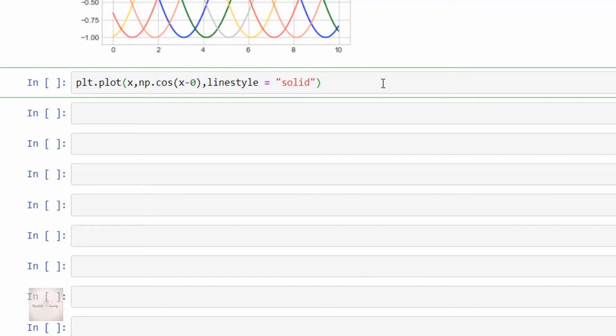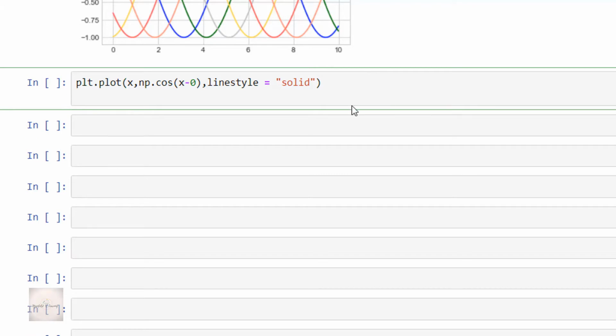Here, by using this keyword linestyle, I am plotting a cosine wave in solid fashion. Fine. Next, plt.plot of x comma np.cos of x minus 1 comma linestyle is equal to dashed. Here I am changing the line style to a dashed wave.